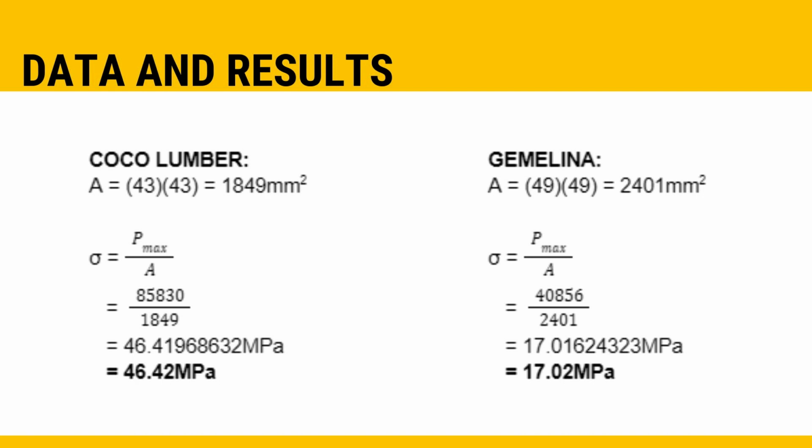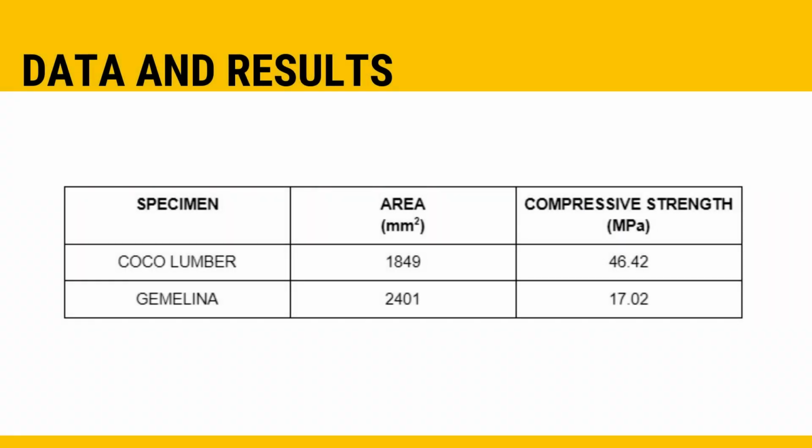After using the formulas, the compressive strength of Coco lumber is 46.42 megapascal, while for Gemelina is 17.02 megapascal. And as a result, these are the calculated data for both wood specimen. And in accordance to the minimum requirements for compression strength as stated in ASTM D198 and BSEN 338, Coco lumber passed the standard since it got a value of 46.42 megapascal, while Gemelina did not, since the standard minimum value for compressive strength is 18 megapascal and Gemelina only obtained 17.02